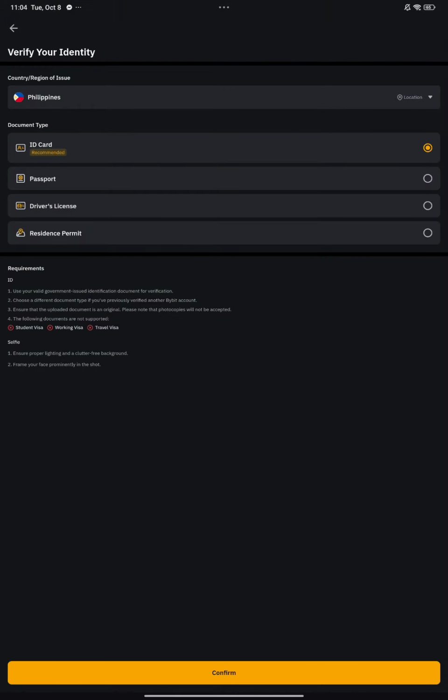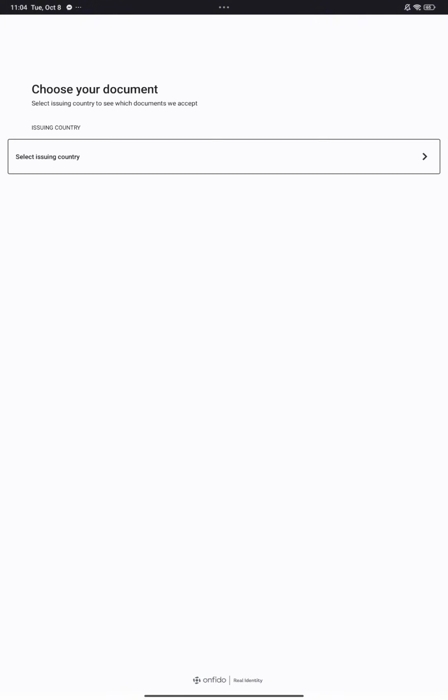Now you can select the document type that you want to submit for verification, such as ID card, passport, driver's license, or residence permit. So go ahead and click on what applies to you and what ID you are going to use to verify your account. Now you'll get redirected to this page where you'll be able to find all the documents needed to verify your